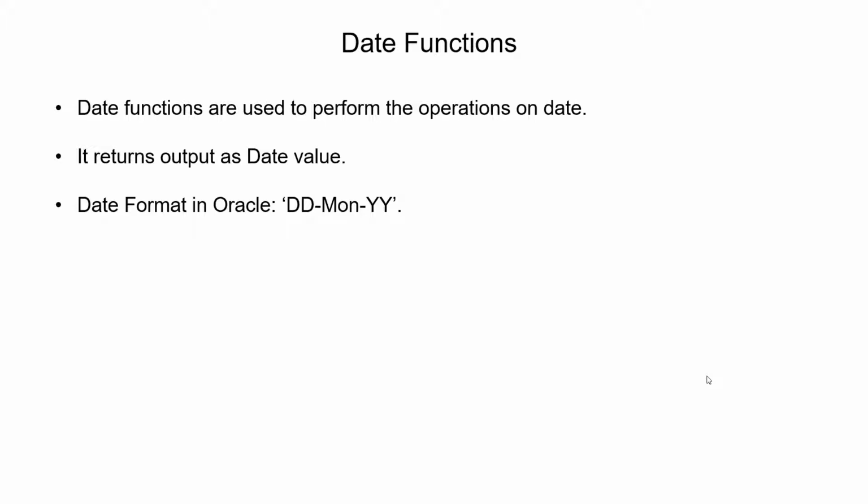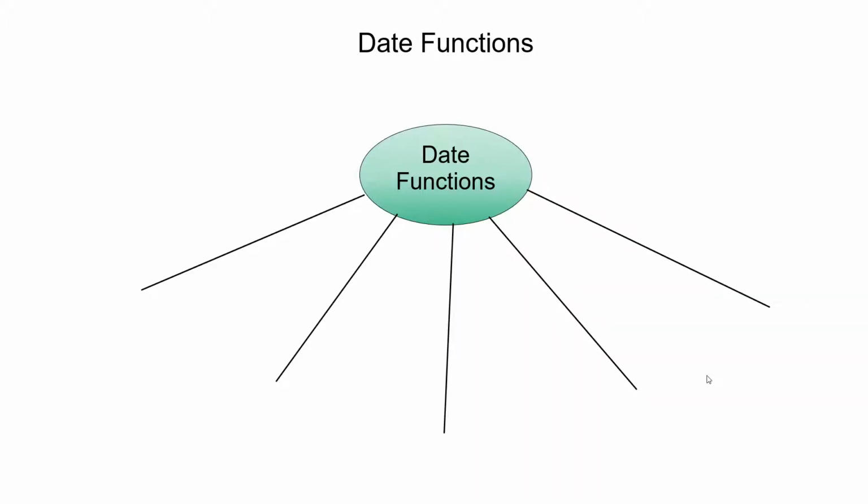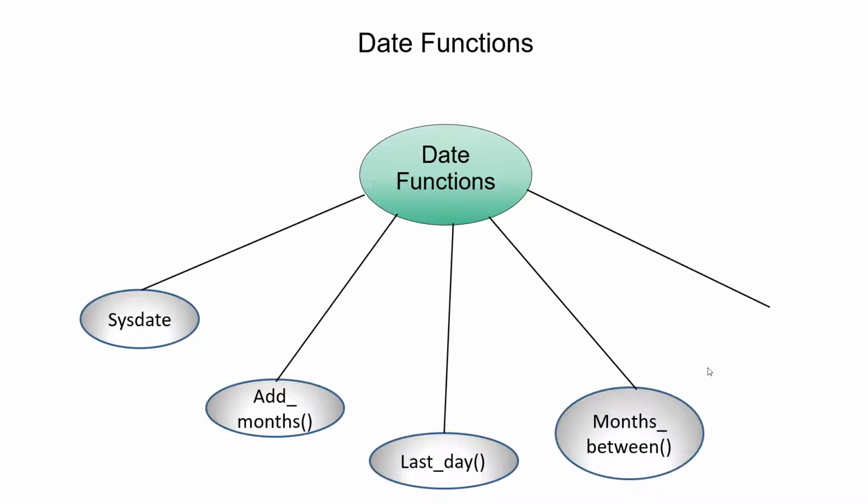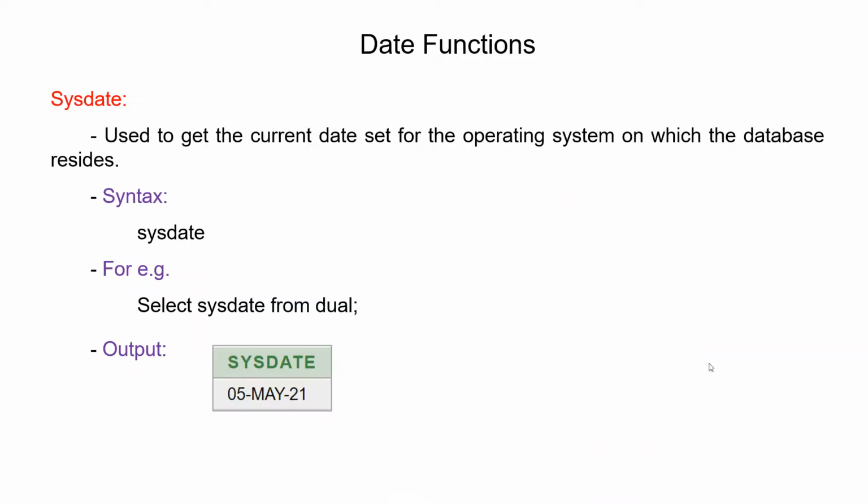of the year. Now in this video, we are going to see different date functions: sysdate, add_months, last_day, months_between, and next_day. Now we will see these functions in detail. The first function is sysdate. Sysdate means system date. It gives the current date which has been